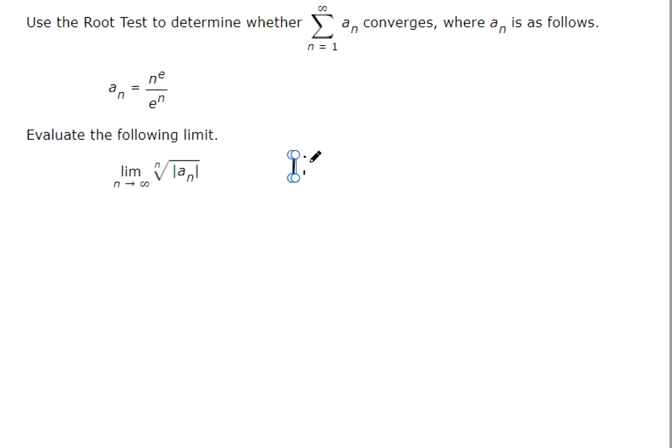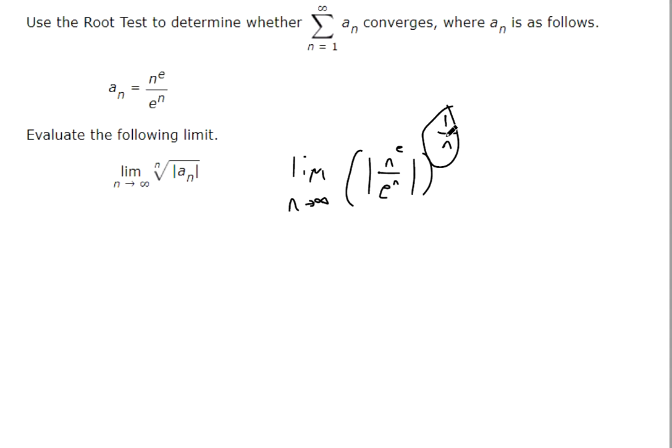So that's the limit as n goes to infinity of the absolute value of n to the power of e, so it's got a constant for power, over e to the nth power, and then you could write that as to the power of 1 over n instead of the nth root. Let's see, so n is going towards positive infinity. That means we're not going to have any negative values in here, so we could just forget about the absolute value, right? I think that's all the other simplifying we can do before we start applying the 1 over nth